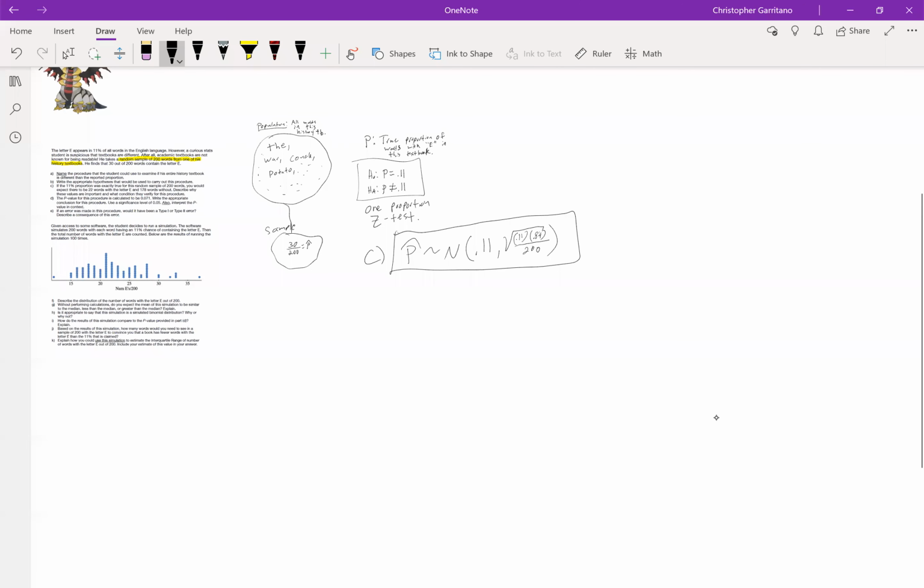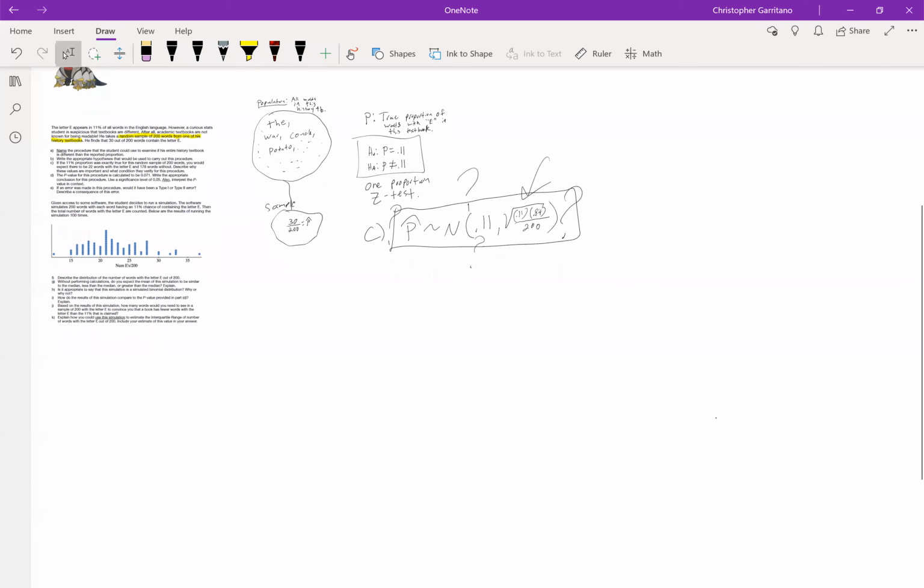Okay, so for part C, again, we're trying to see, is this true? Is our sampling distribution normal with the center of 0.11 and a standard error of what we see here? Well, one of the very important aspects is the shape. And in order to determine that the normal shape is appropriate, we have to check the success failure condition. And so that's what part C is referring to. So you might say something like,